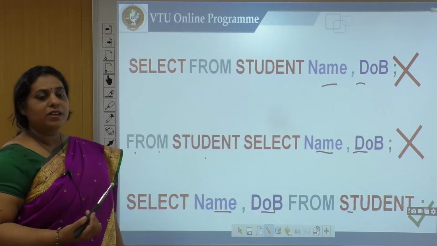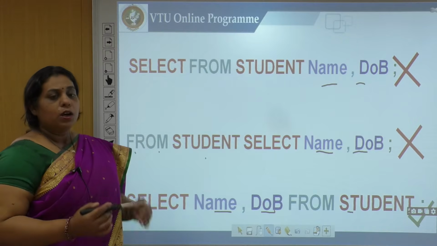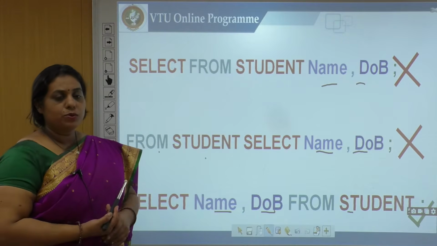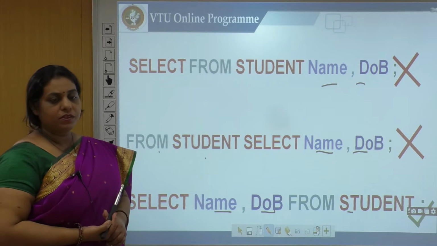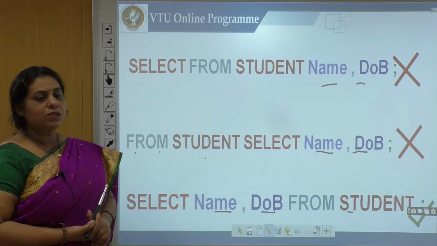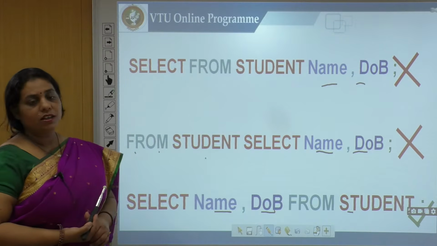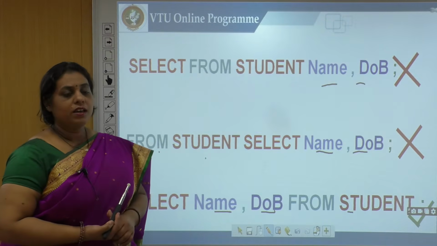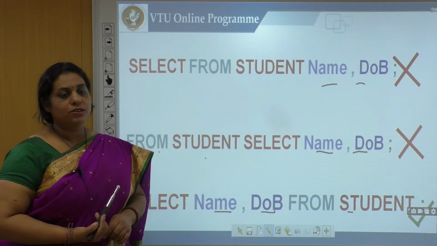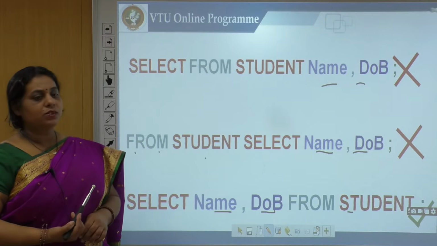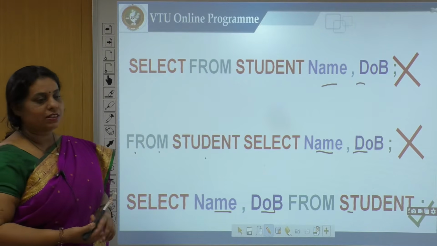Let us see how the queries are processed. When a query is given as input to the DBMS software, the first thing it does is split the given query into basic units called tokens, right? What are the basic units here? I have written them in different colors.